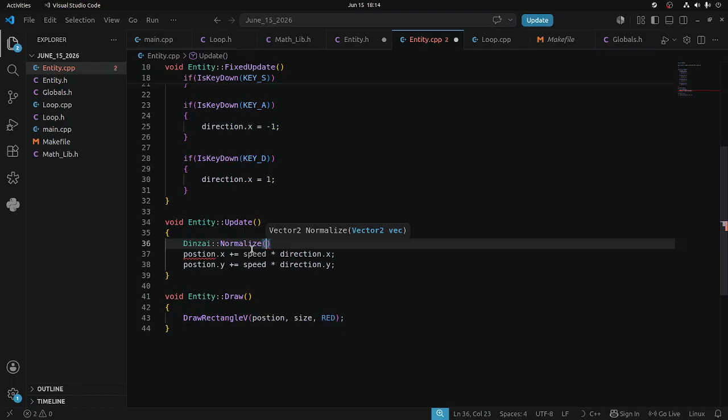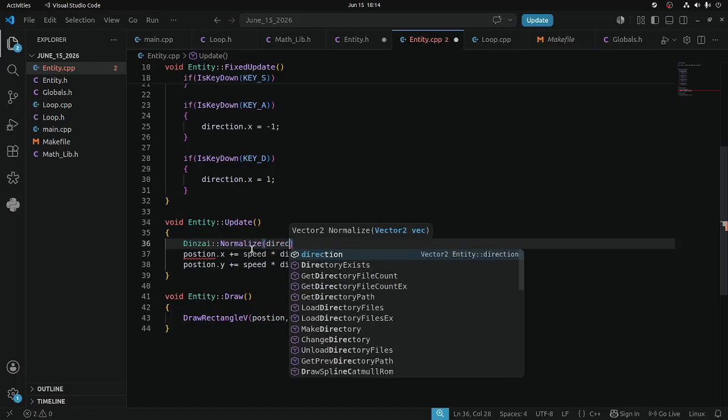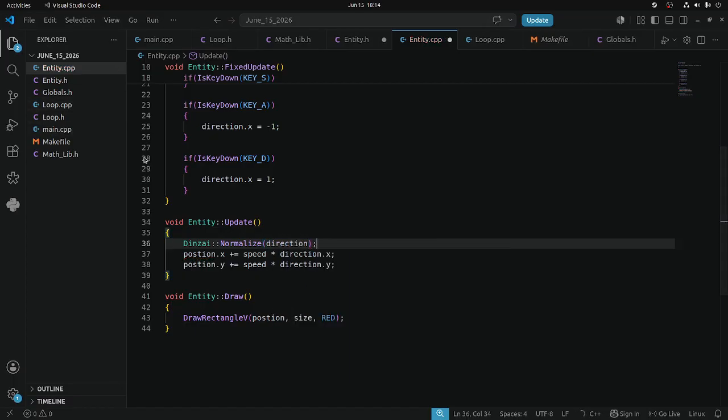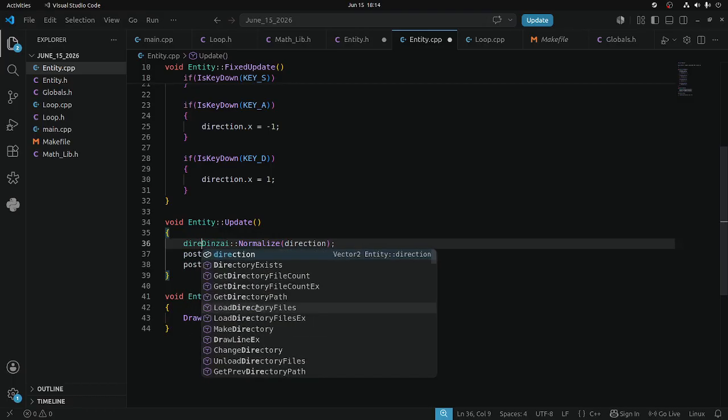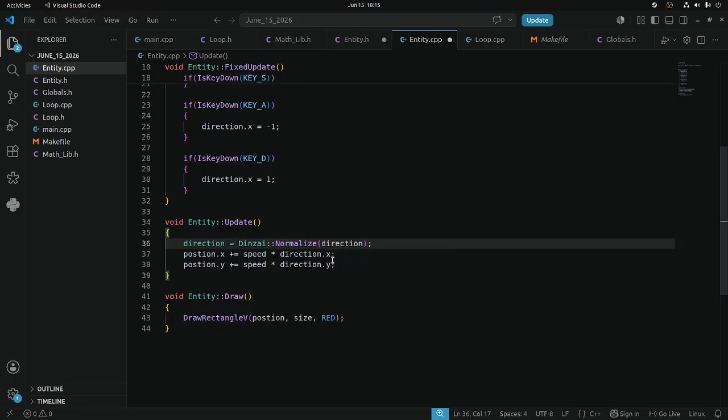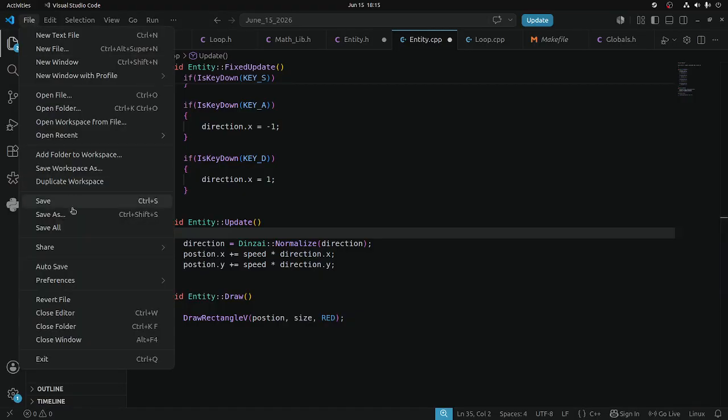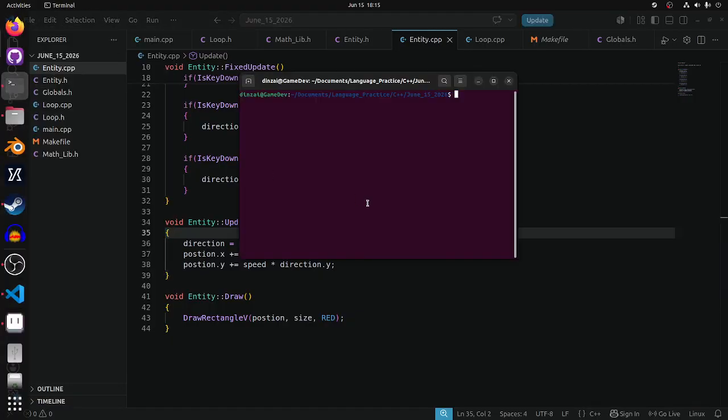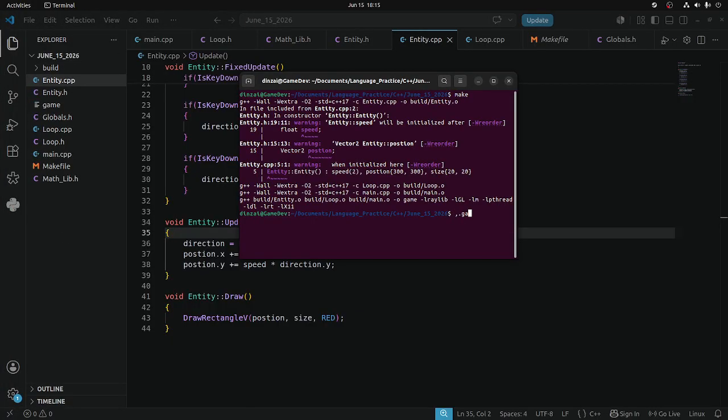Now we know that this takes in one vector. In this case, our vector is direction. And we know we want direction to be that. So now if we save, we compile, and we run our program,